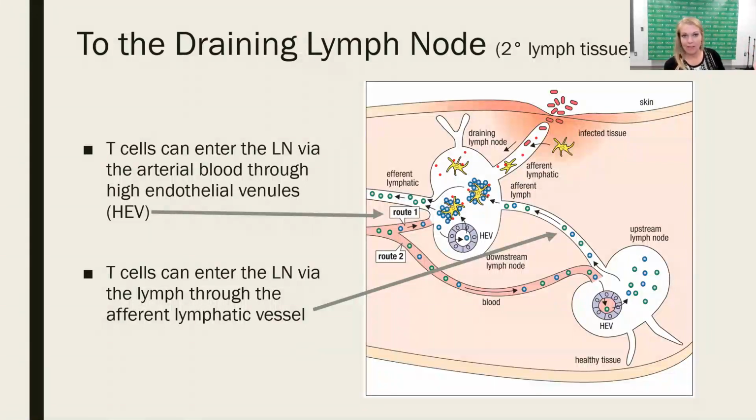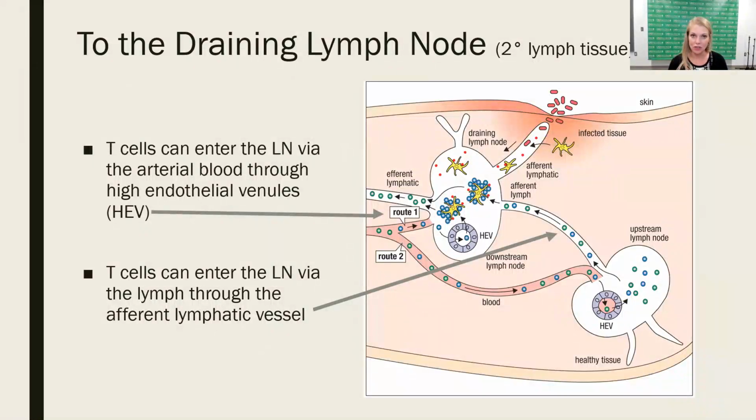So you have a dendritic cell that's out in the tissue. It ends up taking in pathogen, in this case bacteria is the example that's showing. As it takes it up, it's processing it. The dendritic cell is moving to the secondary lymphoid tissue. Here we have a picture of the draining lymph node. We use the term draining lymph node to describe any lymph node that is closest to the site of infection. So we have lymph nodes throughout the body, throughout the lymphatic system, or any of those mucosal